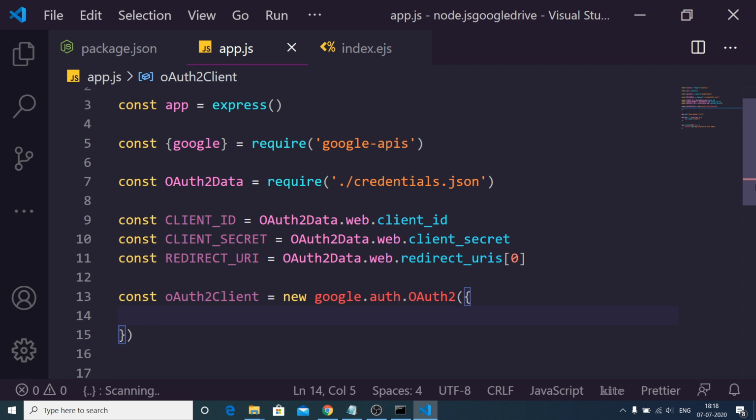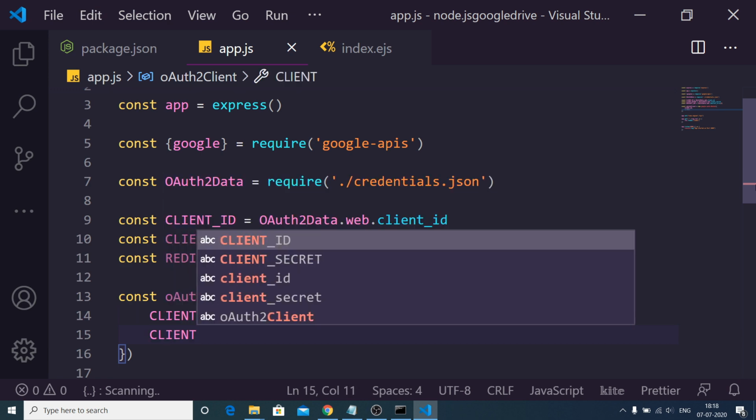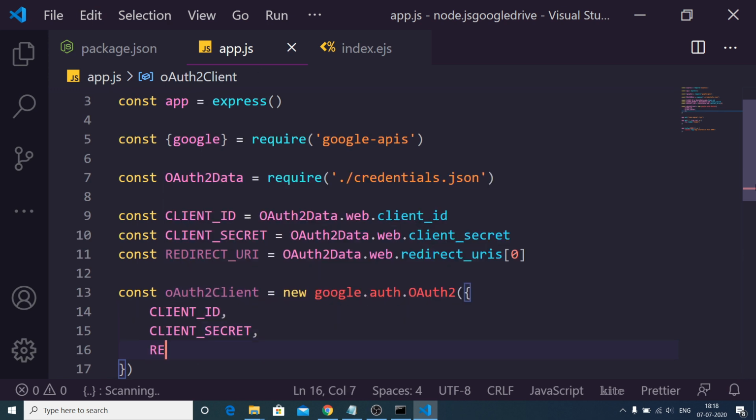First we will pass this client ID, next we will pass the client secret, and then we will pass the redirect URI.